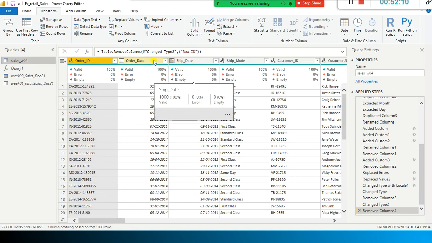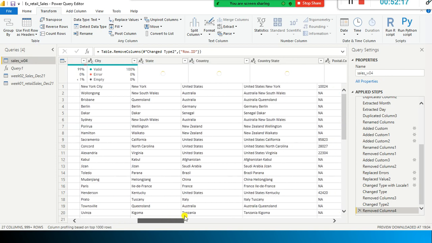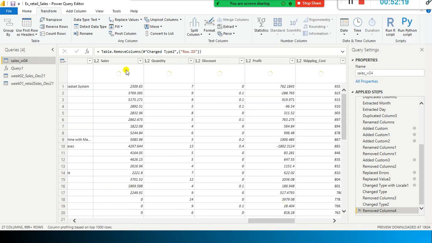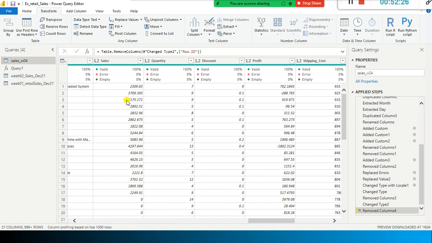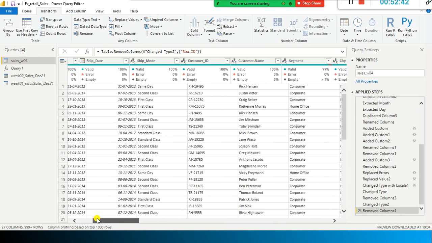And similarly, ship date, we spent a lot of time converting the date, so text to date type, and also we did some kind of cleaning, right? The sales column was having a dollar sign along with the values in it. We removed the dollar and we converted that to the decimal data type, and even this was a text data type. Most of the columns were text data. We converted them, so we did all kind of data transformation. So now the data is clean and pre-processed.